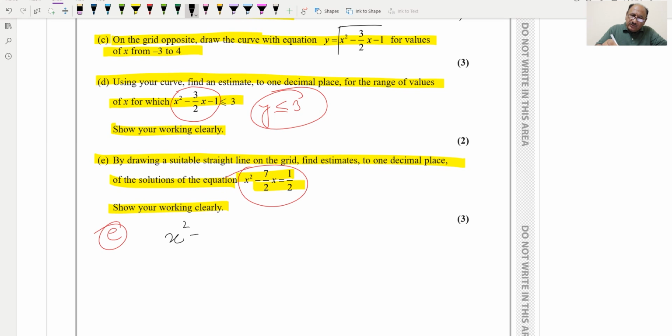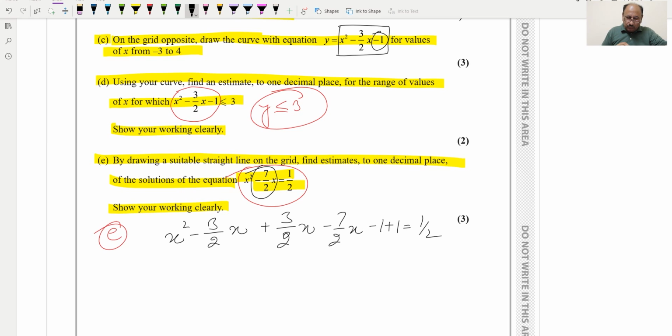We require this format. So we write x squared minus 3 by 2 x, which we don't have, so we are adding also, and this one minus 7 over 2x, and minus 1 which we require, and plus 1 also, and equal to